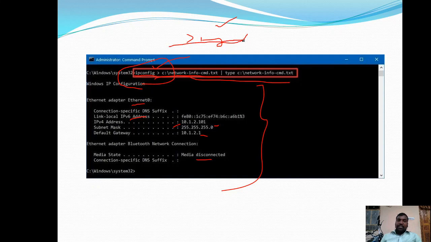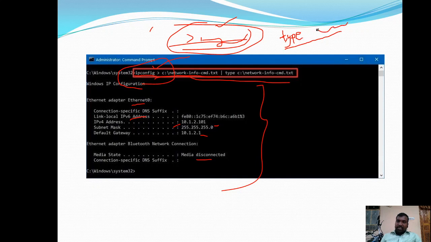At that time it is not going to display any configuration information on the command prompt window. If you want to display those configuration details, along with this command you have to execute one more command. So the command is type. Type is an internal command in the DOS operating system. We use this type command to view the content or information available in a particular file. The input for this type command is the file name.